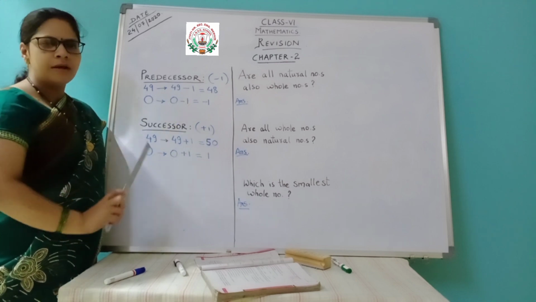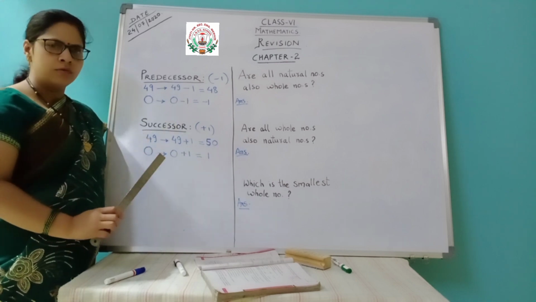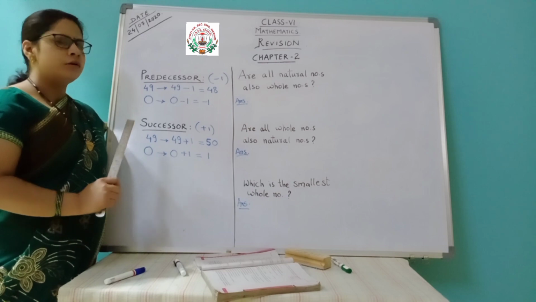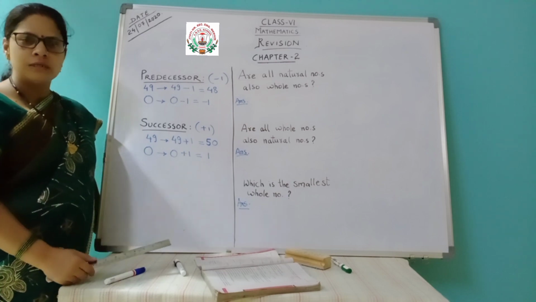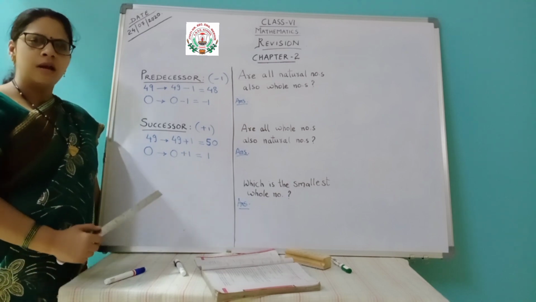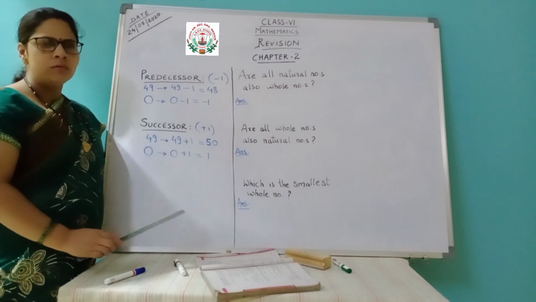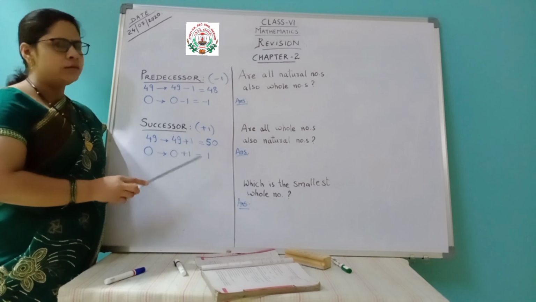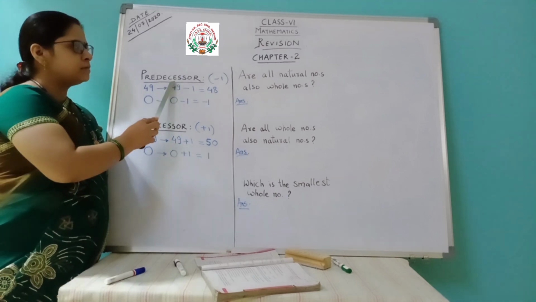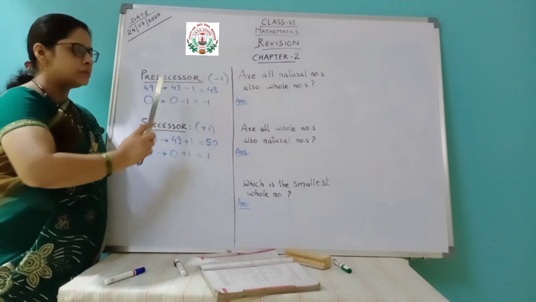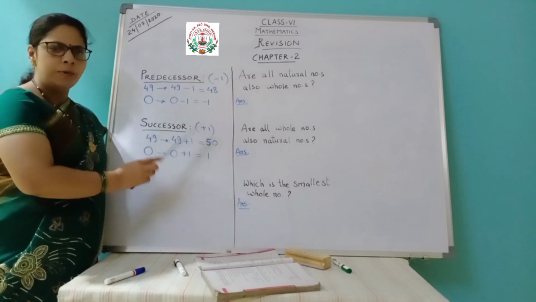This minus and plus you are doing from class 1 onwards. Everyone can do it. For greater numbers, meaning 4-digit numbers, 5-digit numbers, you are doing it from class 2, class 3 onwards. So I think everyone can do that much. The chapter has already been completed. This is just a revision. So we get the predecessor by doing minus 1 and the successor by doing plus 1.